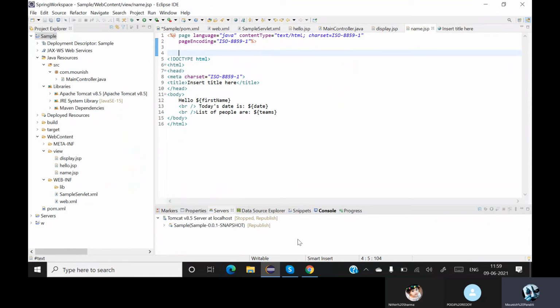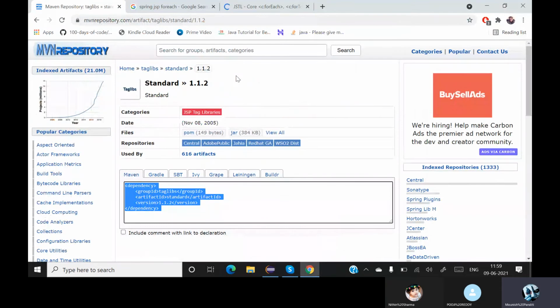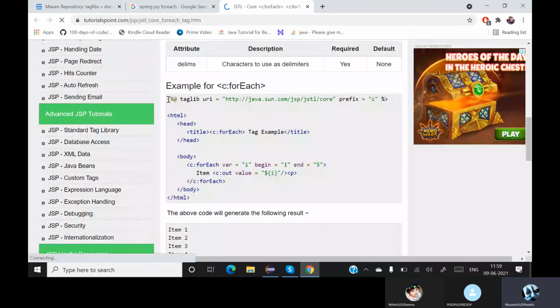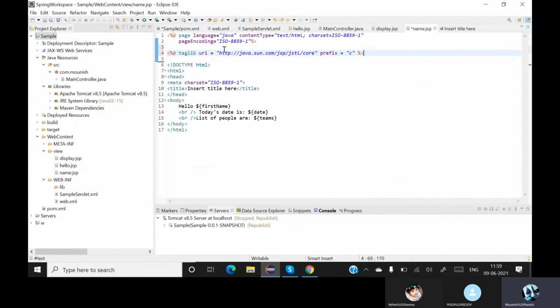So let me go back to just, okay, and then let me copy this particular tag, paste it over here. Okay, now if you save this, you can see that there are no errors.